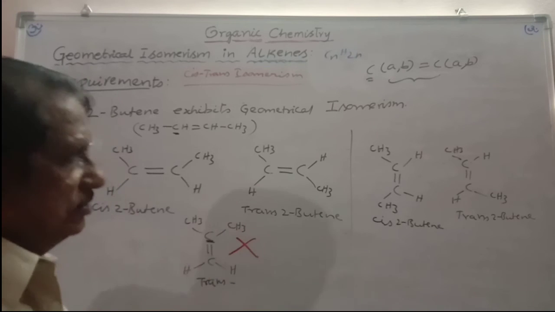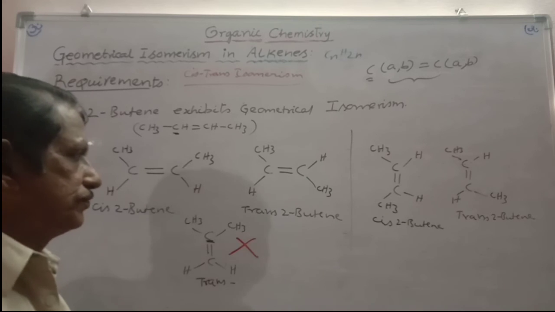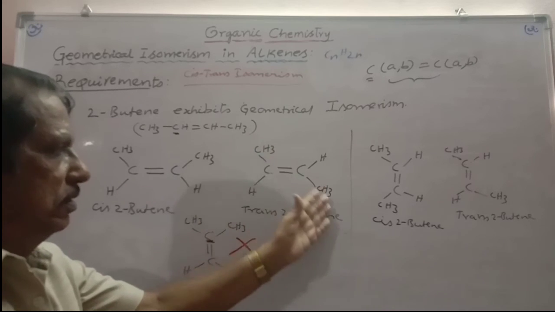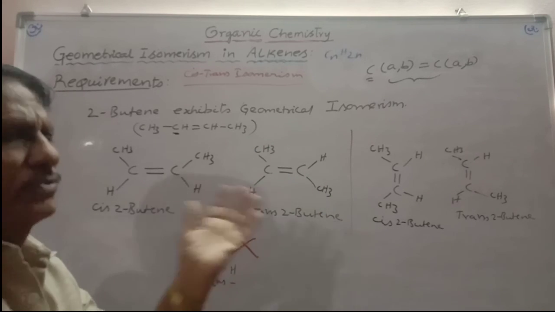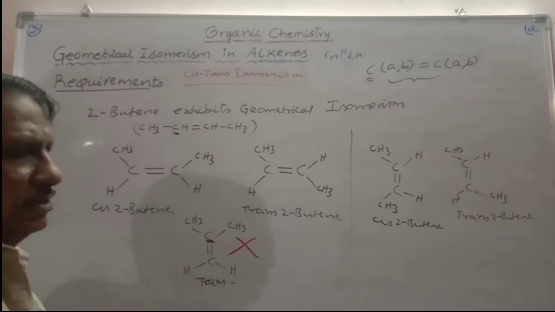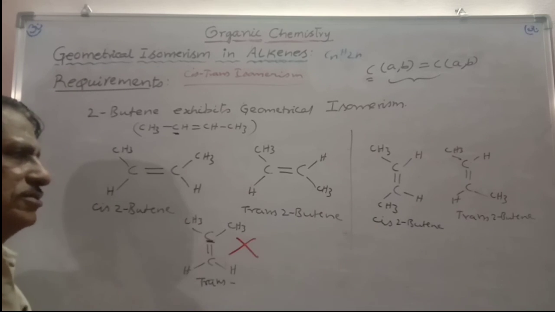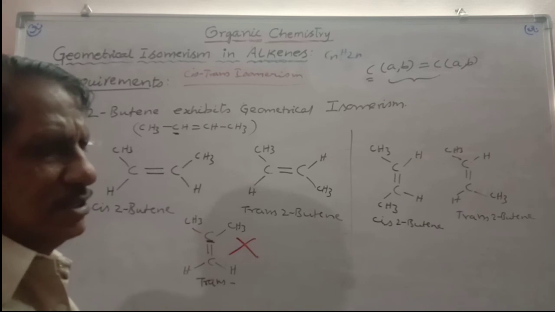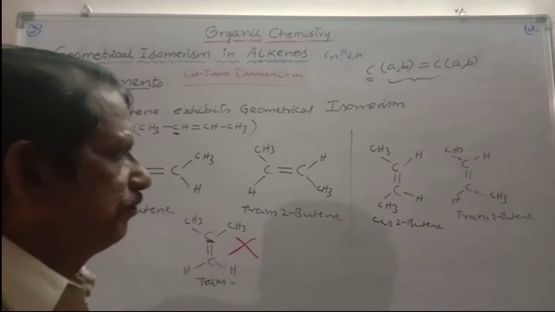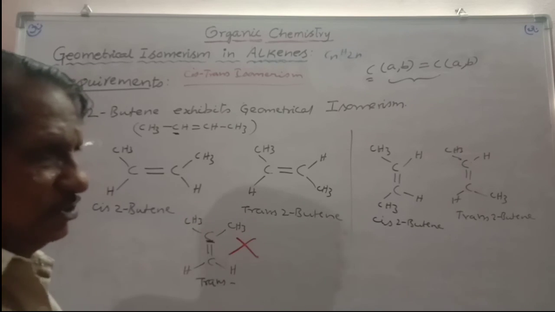This is the way you have to recognize, and this is the way of writing the cis and trans geometrical isomers. Later you will know, of course, which is more stable and which is less stable. In trans, the bulky groups are away from each other, the repulsions are less, and stability is more. In the case of cis, the groups are on the same side, nearer to each other, repulsions are more, stability is less. In this way, you can say that the trans geometrical isomer is always slightly more stable than the cis geometrical isomer. Okay? So, this is the way of thinking about the alkenes, how to write the geometrical isomers.